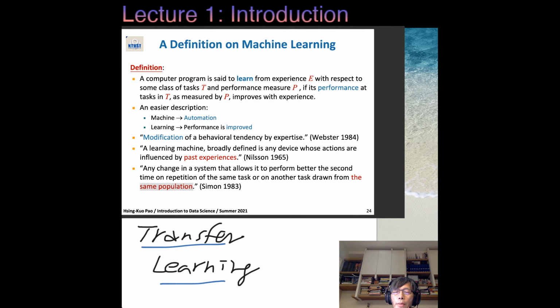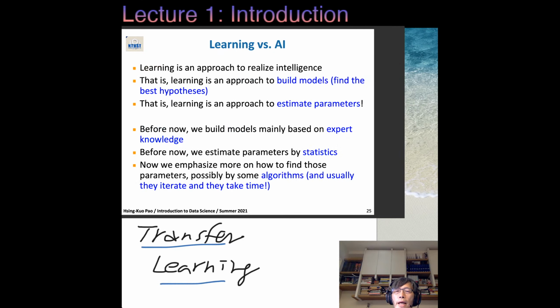So we talk about the definition of AI, right? As you can see, there will be a lot of things. All the machine learning or all the AI these days, most of them focus on the data-oriented approach. That's why we say learning. Learning is that we are given data to build a model.